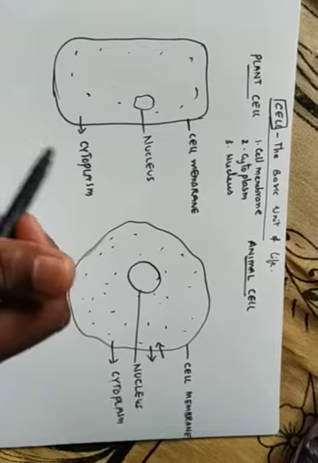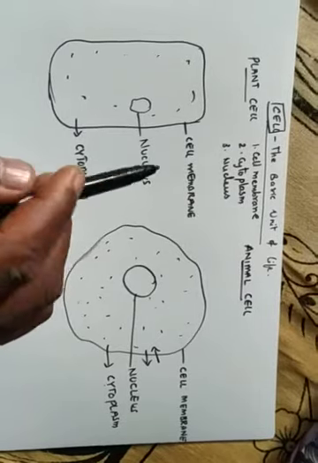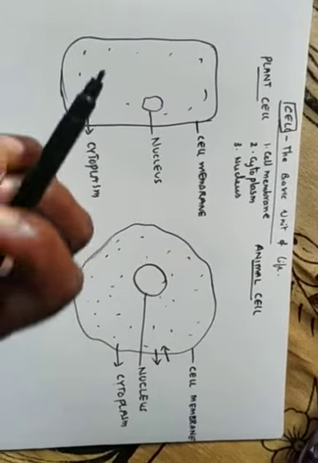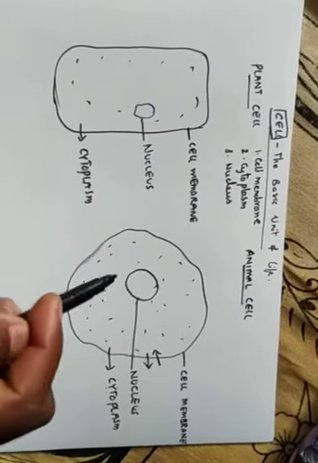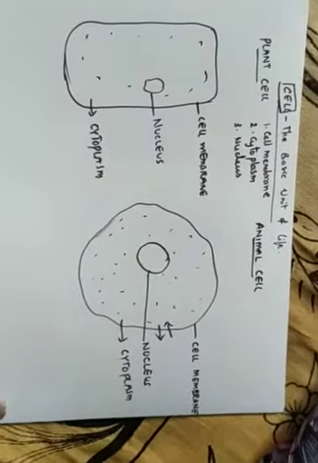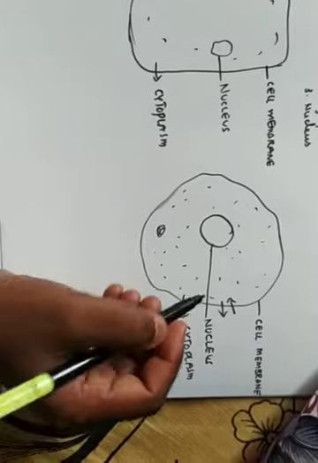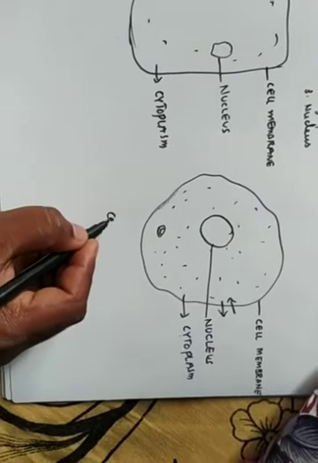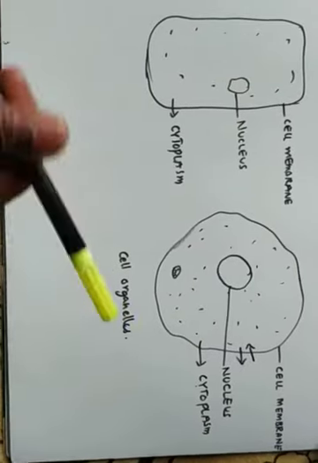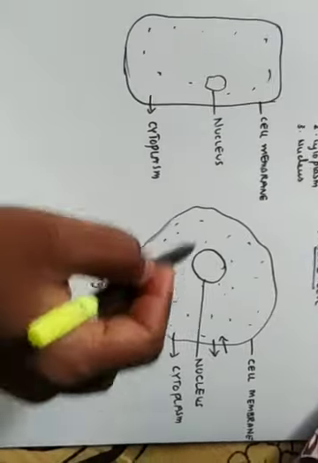Is it clear, children? Other than this, when we see the nucleus, which is the third part, this is called the brain of the cell, or it is the major boss of the cell which controls all the activities that are carried out by the cell. Other than this, in this cytoplasm, we find some tiny structures present here and there. These are called cell organelles. What do we call them? Cell organelles. These cell organelles are tiny membrane-bounded structures which are present inside the cytoplasm.